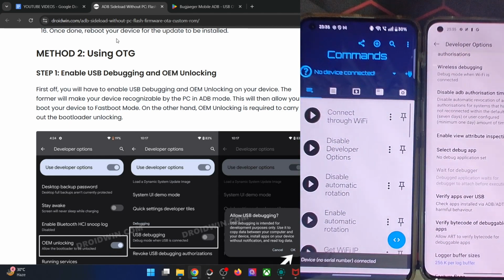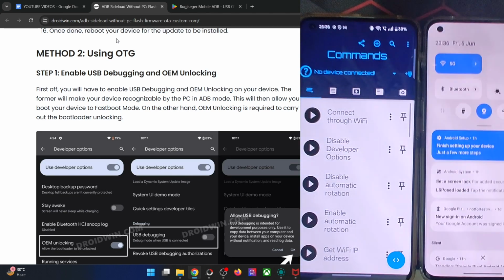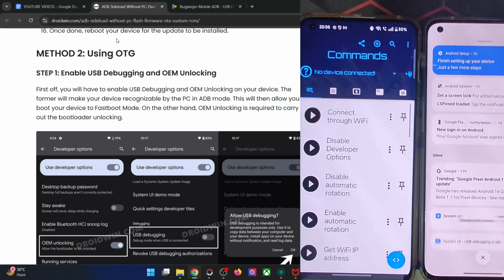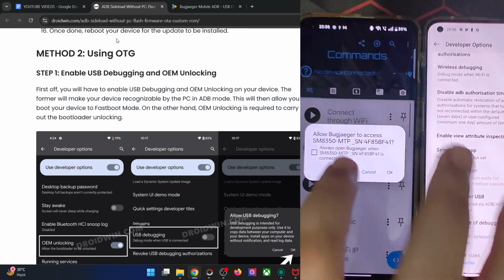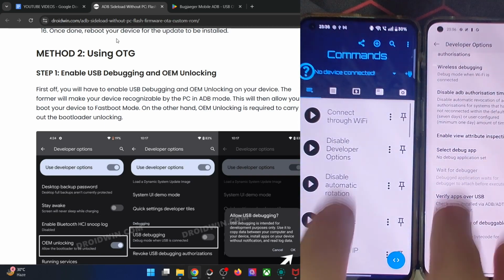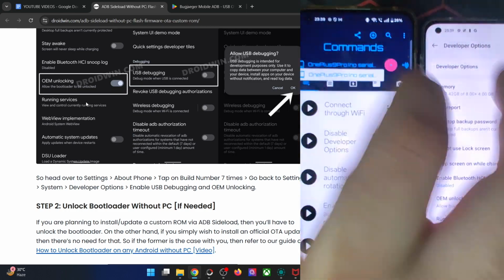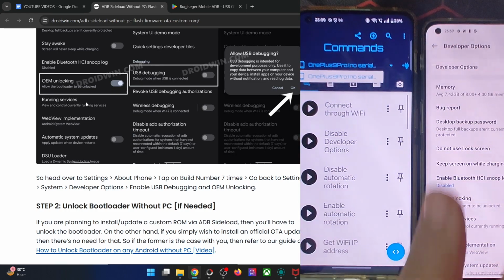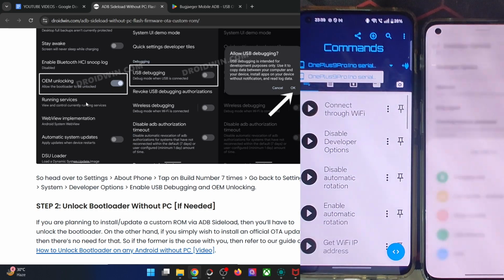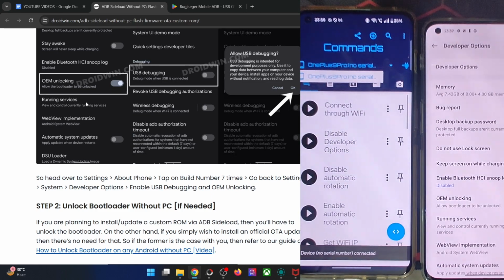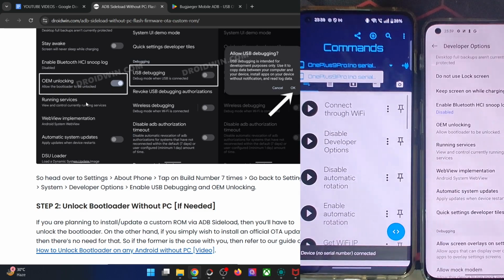Okay, one more thing, always enable the USB debugging as well and change it to file transfer from here. That is also very important for the main phone, file transfer. And now you get a prompt, again tap on OK. So guys, as you could see now, we have got our phone over here, the OnePlus 9 Pro. So always keep in mind to change it to file transfer from here. It's very important. Likewise, always have the USB debugging enabled. Both of them should be done on the main phone.